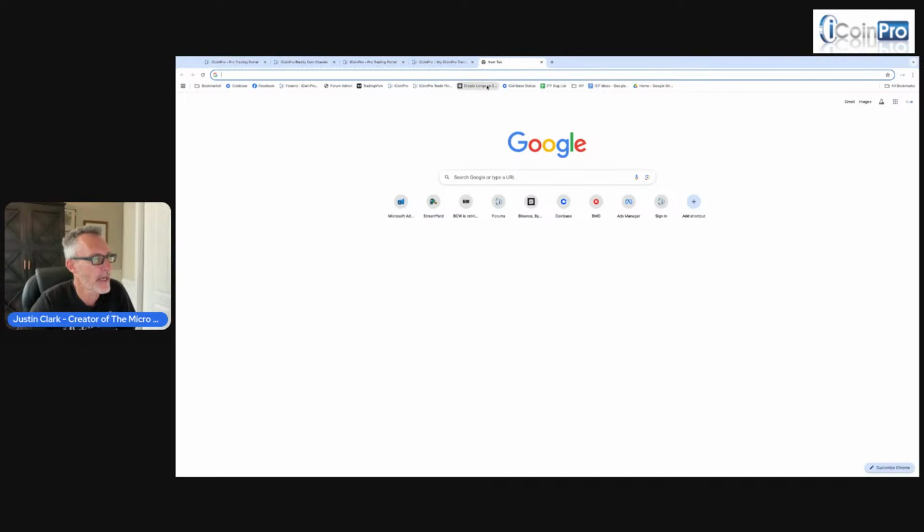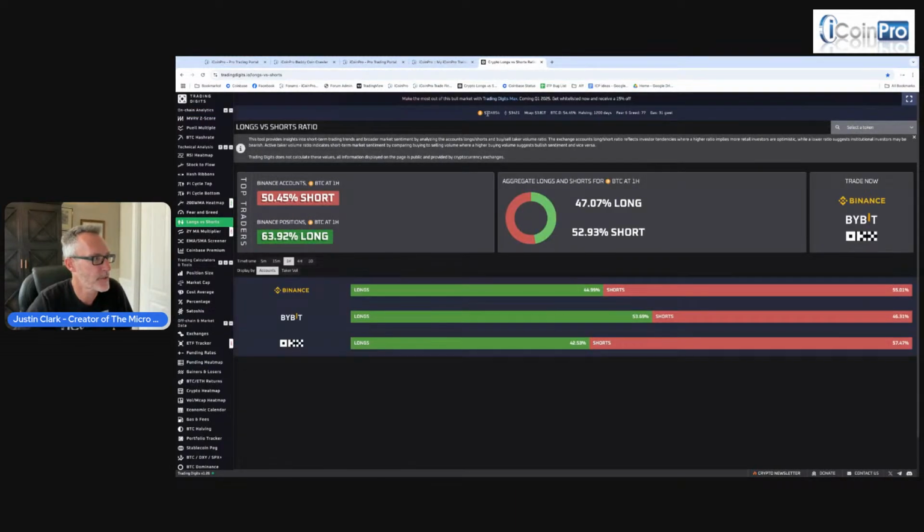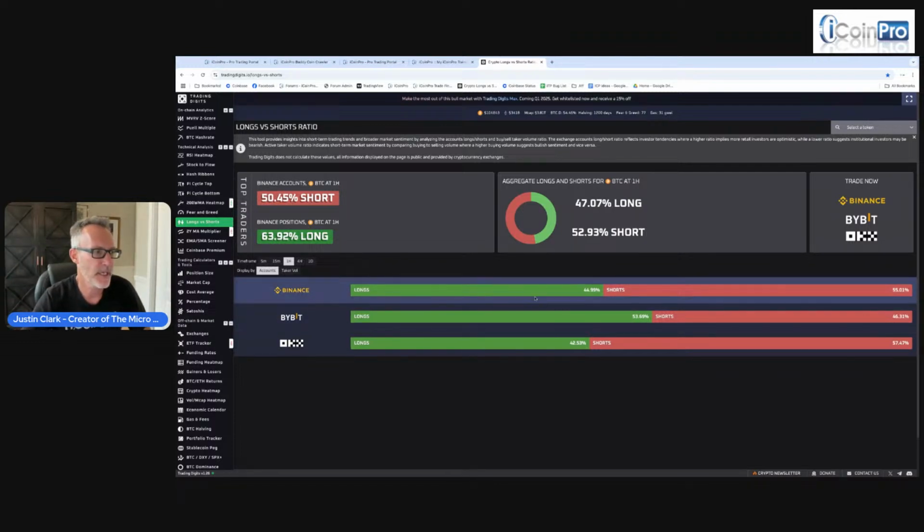The next thing I want to look at here are the longs and shorts. So again, we're staying pretty much dead even. A long is somebody who's betting Bitcoin's going up, usually with leverage. A short is somebody who's betting Bitcoin's going down, usually with leverage. Leverage means that you're borrowing money, and that makes it riskier. If you've ever heard of people talking about blowing out their trading accounts, that's all because of leverage, options, all that sort of stuff. But we're pretty even right now, so I'm not too concerned.